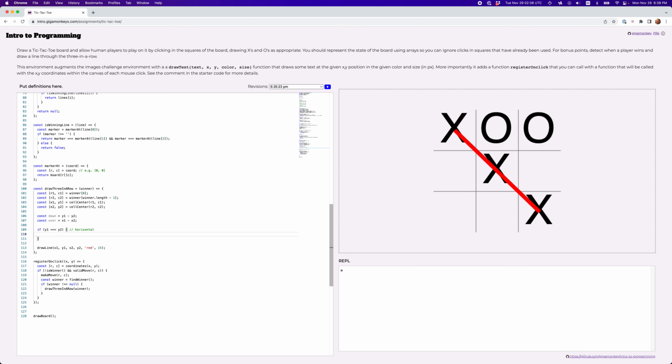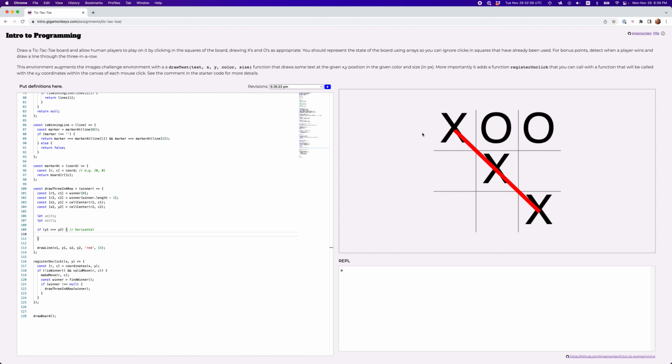Okay, if it's a horizontal line, then that means we want to do this, let adjusted x. All right, this is going to be really gross code for a sec while I figure it out, and then I'll probably be able to clean it up. So I don't think I need that. All right, so if it's on a horizontal, then we know it's a row. We know that the first X is in one of these columns, so we just want to